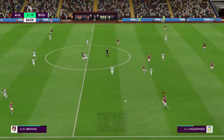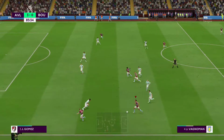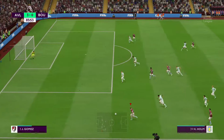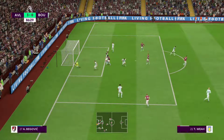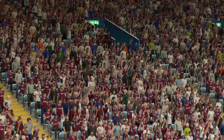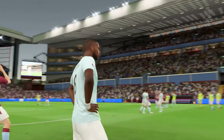As you can see, that's his third goal of the Premier League season. Josh Wagnerman here has got the ball out on the left-hand side. He's knocked it onto Holm, who's come on as a substitute. He knocks it into the box, and it was a decent cross. Weah nearly got on the end of it, and that would have been another fabulous goal had we converted it,